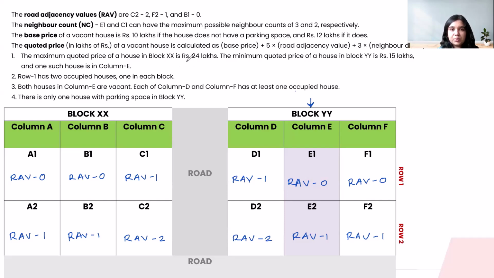Let us see how we get the 24 lakhs from the formula that they have given us about the quoted price of a vacant house. In order to get 24 lakhs,